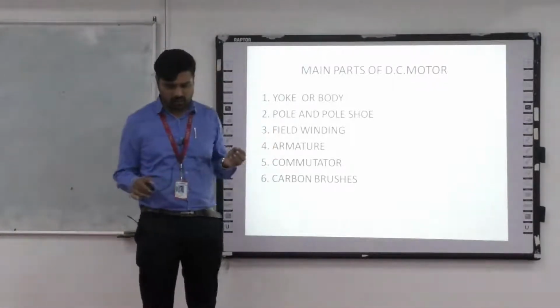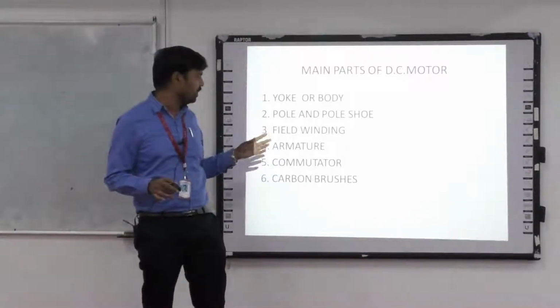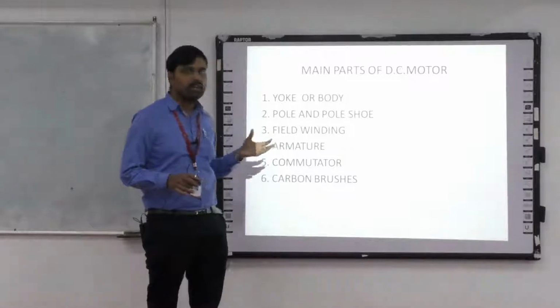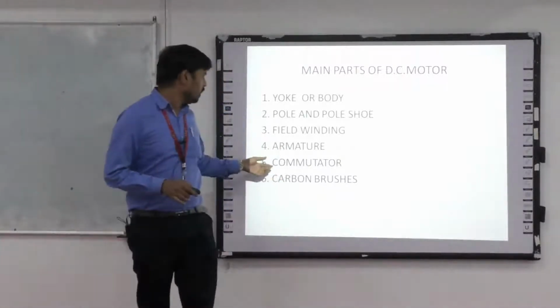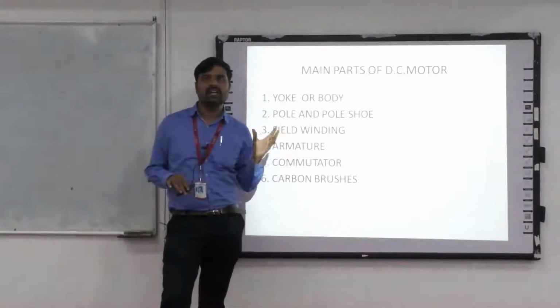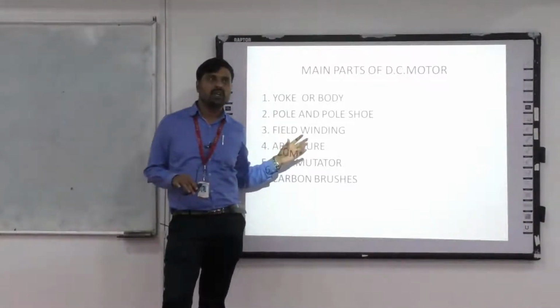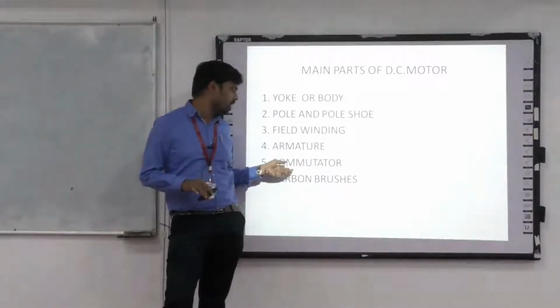In windings we have two types, armature winding, that is lap winding and wave winding. Armature is nothing but a group of conductors inside the field winding. The commutator is used to convert AC into DC. Because it is a DC motor, what is actually produced inside is AC, so for conversion we use a commutator.